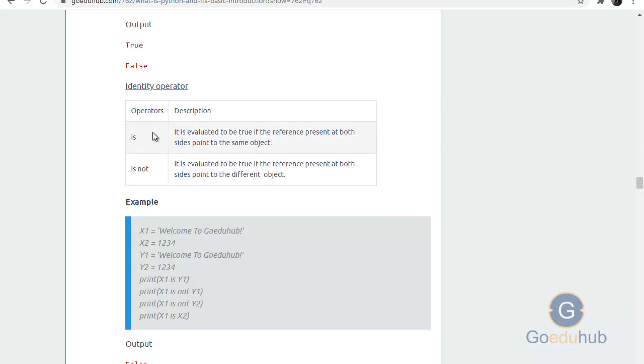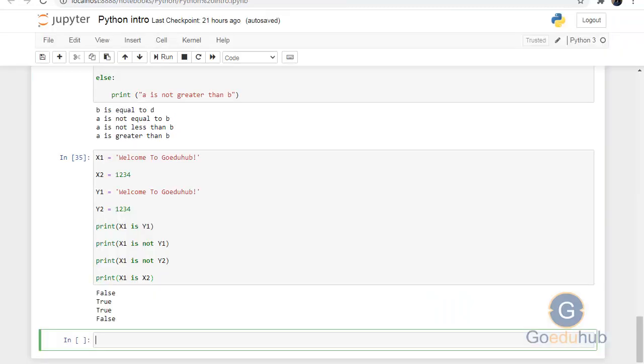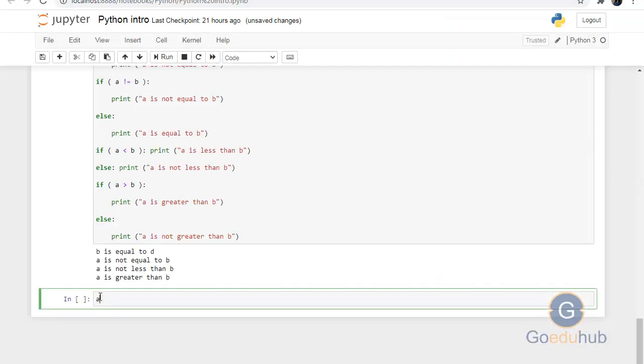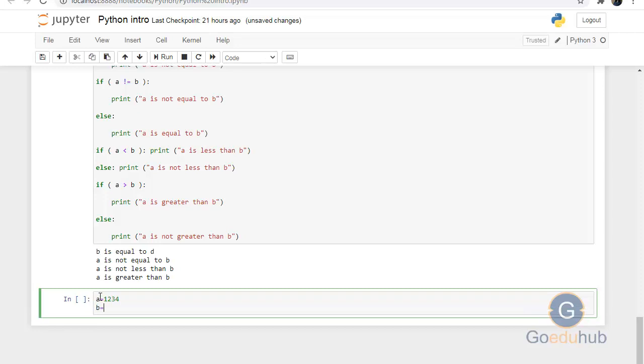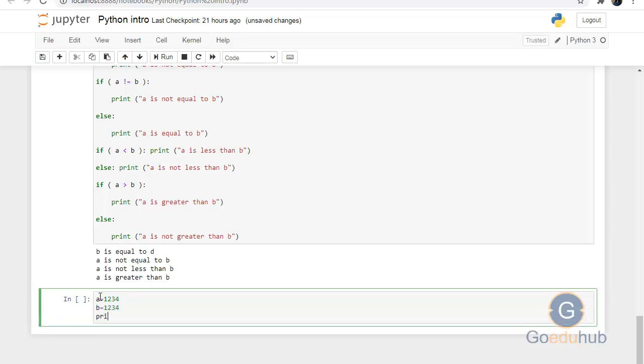A is B will evaluate to true if the references on both sides point to the same object. Like I'll show you the example. Suppose I'm taking A is equal to 1, 2, 3, 4 and B is equal to 1, 2, 3, 4, and then print A is B.